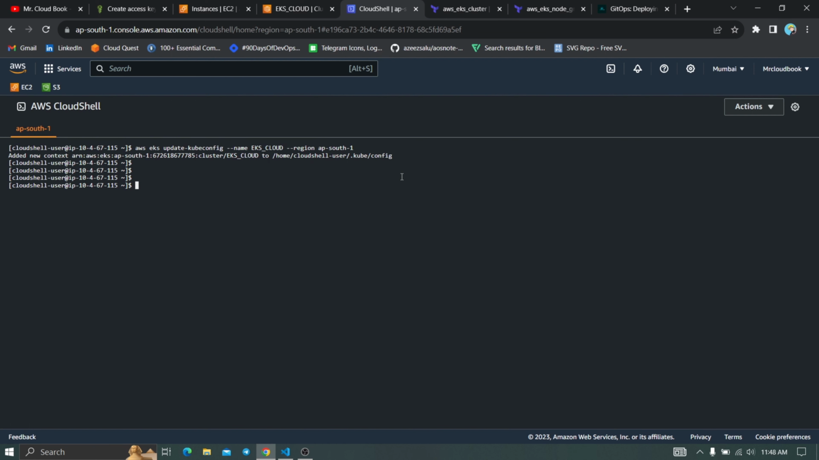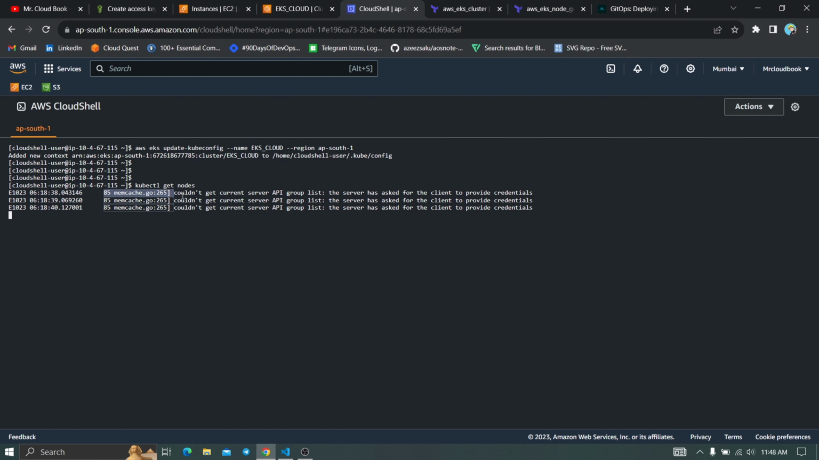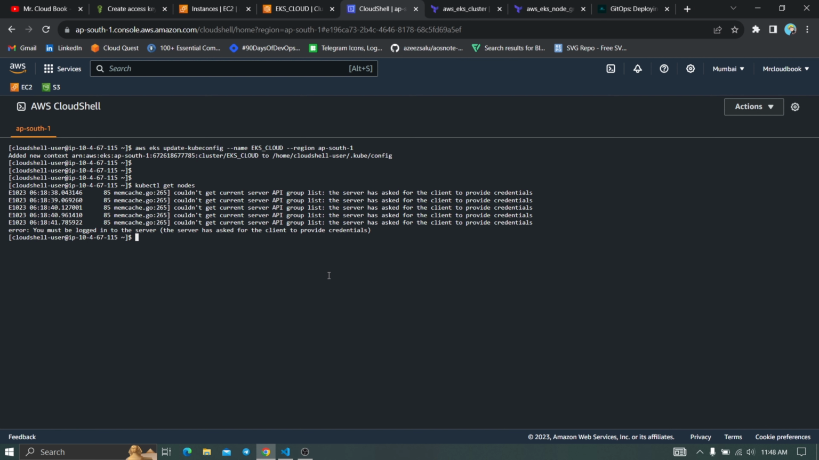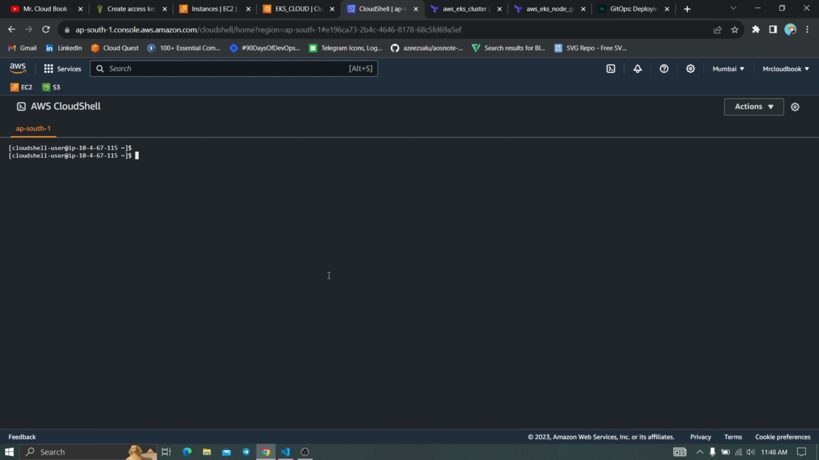And if you run kubectl get nodes now, you will get the error definitely. You can see it cannot reach our API group. So you will get an error like this. Let's clear the screen, and you have to use this particular aws configure here and enter, and you